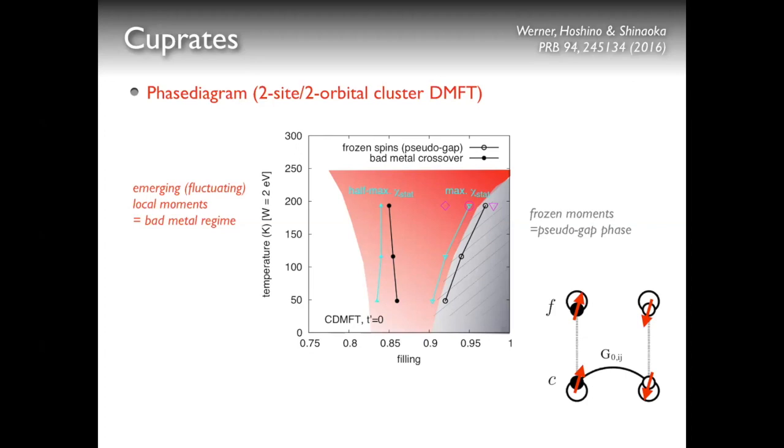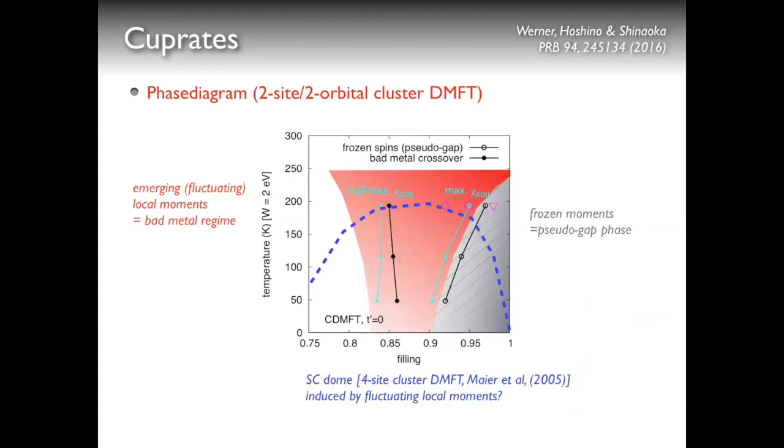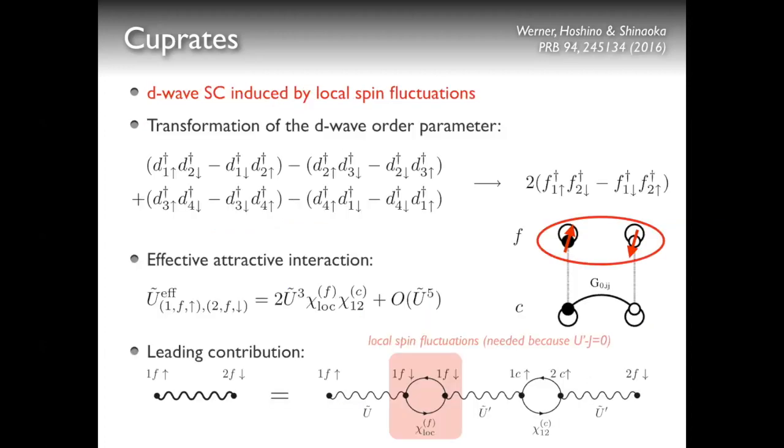And then we have this broad crossover regime with the non-Fermi liquid behavior roughly in the doping region where the superconductivity appears. So if we look up in Thomas Maier's old papers, how the superconducting dome looks like for this plaquette DMFT, it's something like this. And now you can easily start to believe that there is also a connection between this spin freezing phenomenon and the d-wave superconductivity. And we can make this connection very precise.